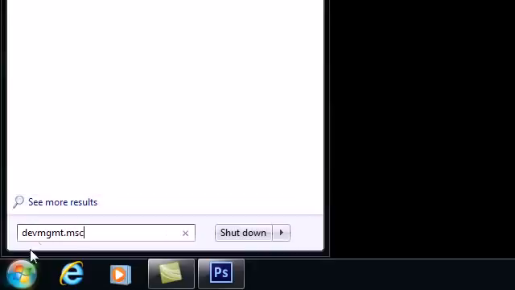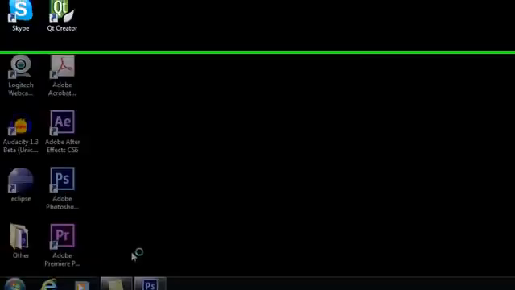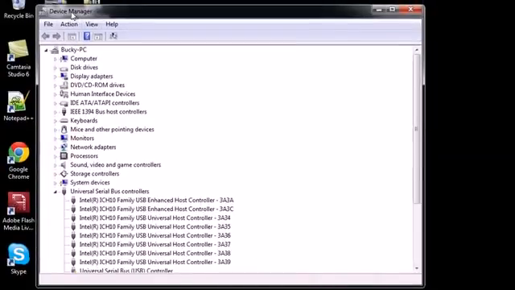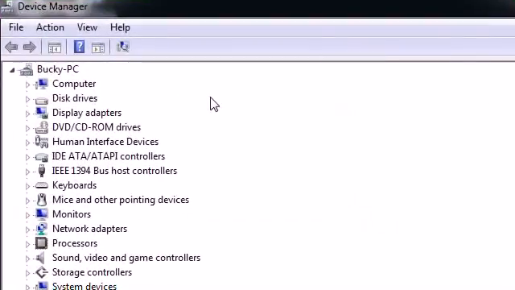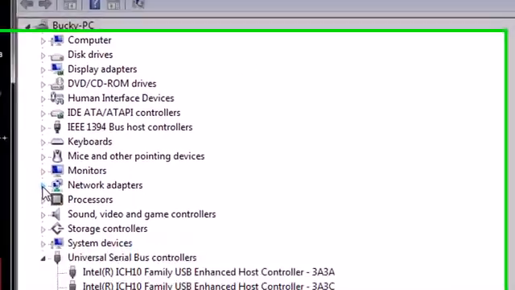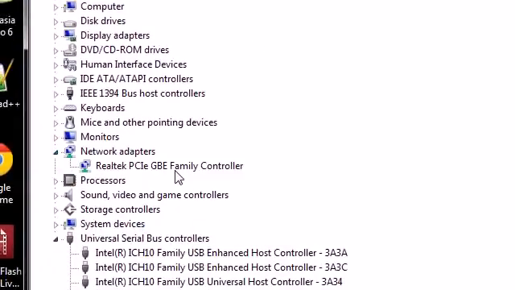type devmgmt.msc. This is pretty much the program that opens your Device Manager. So this is pretty much your device management system. Just go ahead and press enter, and this Device Manager is going to pop up. Now if you're wondering what all this stuff is, well, this is pretty much all of the pieces of your computer, from your keyboard to your motherboard to your memory, your processor. And if you look under the section that says Network adapters, you might see one option